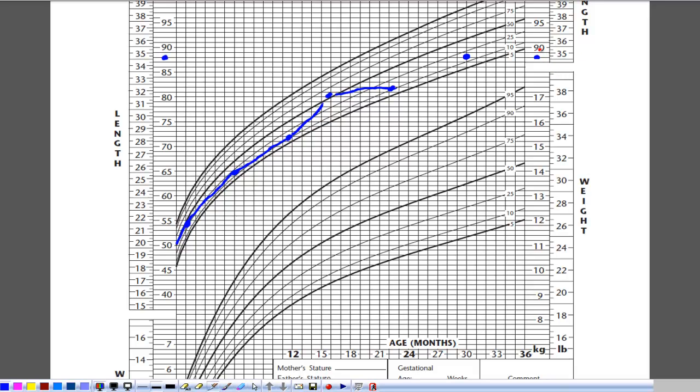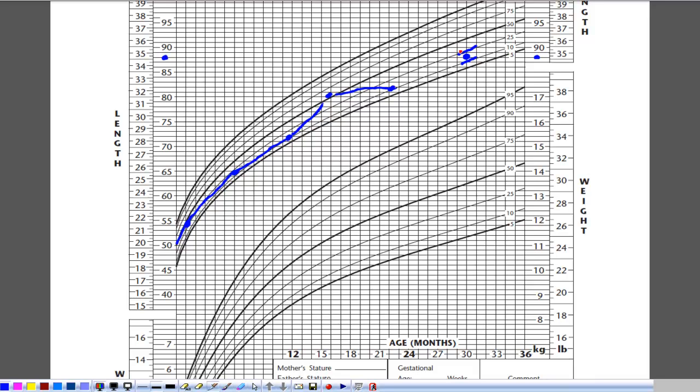34.5 inches tall. But what the doctor is really going to be looking at is how they compare to other children of the same age. For boys that are 30 months old, this child, in regard to length, is at about the 15th or 17th percentile, because it's between the 10 line and the 25 line. So if we were on the 10 line, that would mean our child is taller than 10% of boys of the same age. If we were on the 25 line, that would mean our child is taller than 25% of boys of the same age. So that's what this means. And notice that that's not only based on the height, but it's based on the height